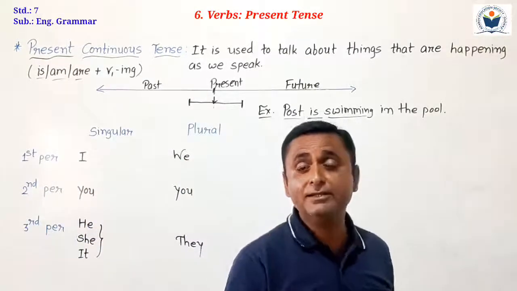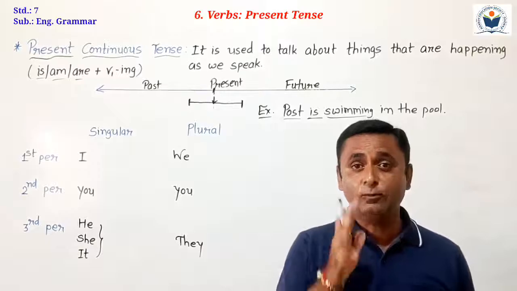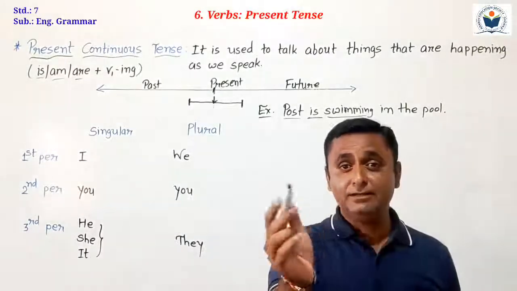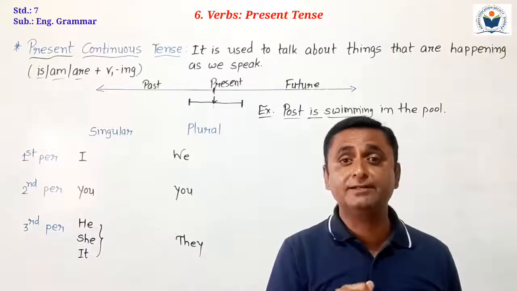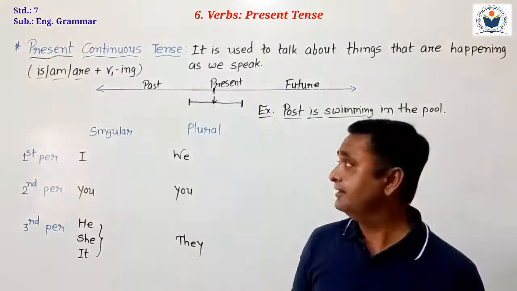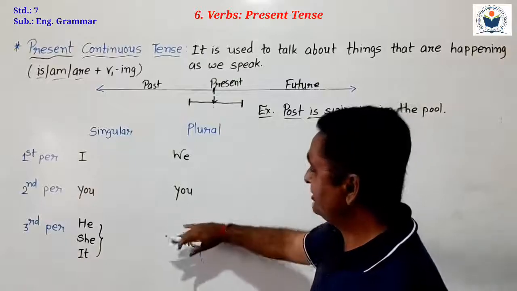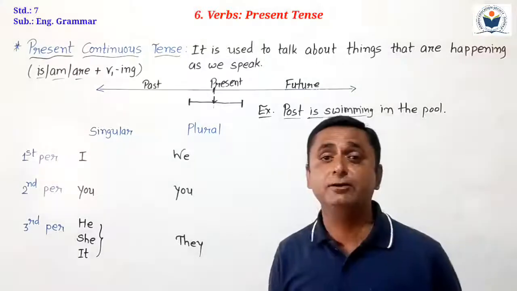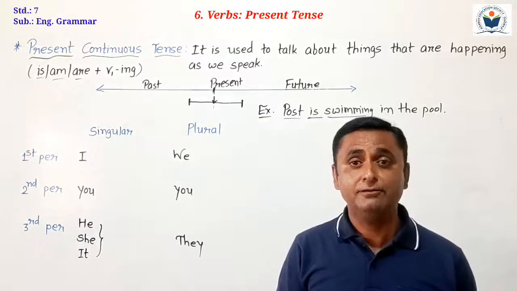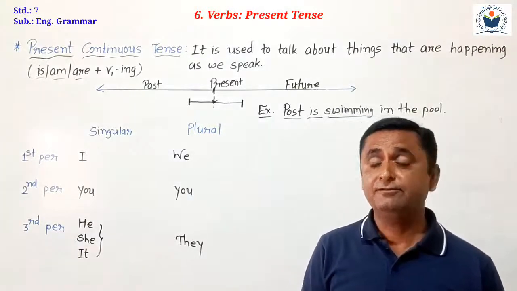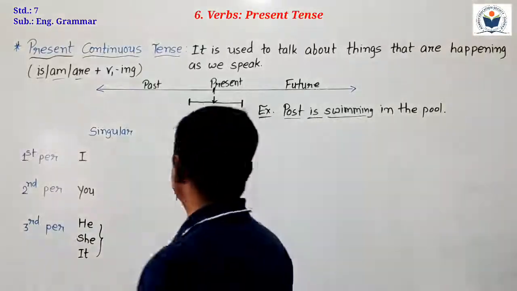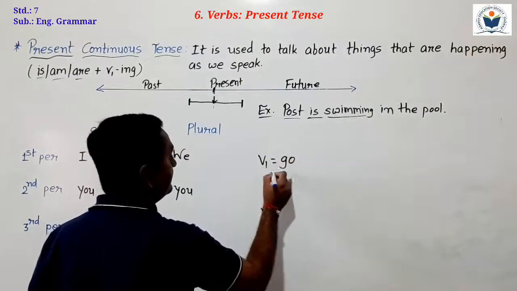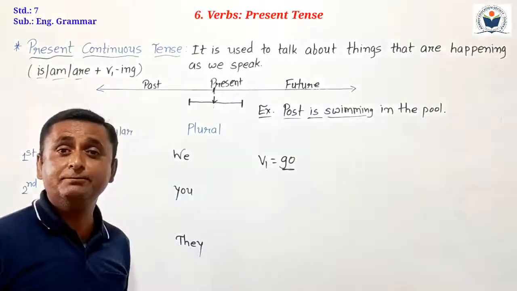Can you understand about present continuous tense, where we have to use it: while you are speaking, at that time some action will be continuing, that action is continuing, at that time we have to use present continuous tense. Okay, understand? Now in that structure we have to understand where we have to put is, where we have to put am, where we have to put are, where we have to use helping verbs and which type. With our previous example, V1, I take go as an example. Go, with that example we have to understand.